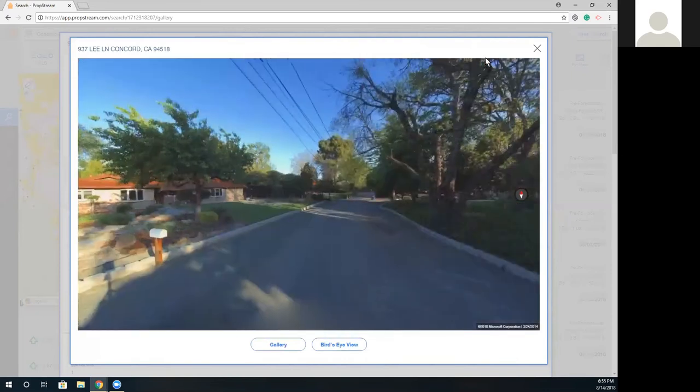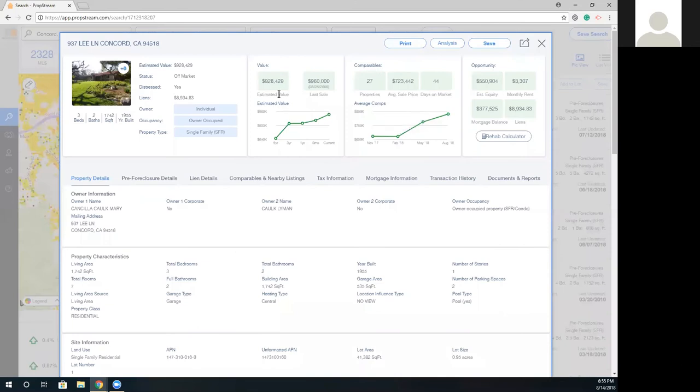All right, so here is our dashboard. The value box shows you the estimated value, the last recorded sale, and how the property has trended in the last 5 years. Comparables, these are county recorded comps. We found 27 like properties within a half-mile radius. Here's their average sell price and the average days on market. I'll go over that in the details really quick. We can actually dissect the 27, so I'll show you that in just a few. And then here are the average comps from last year versus this year. And then our opportunity box. Here we're able to show you the estimated equity and the monthly rent at a local level. Now this is generated because we have access to the MLS.